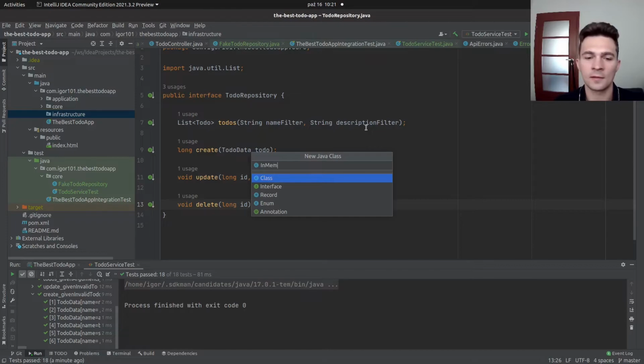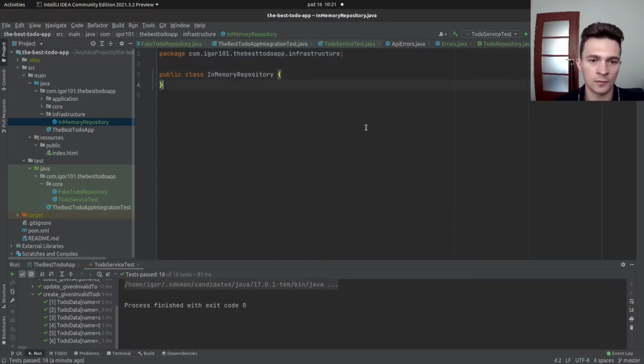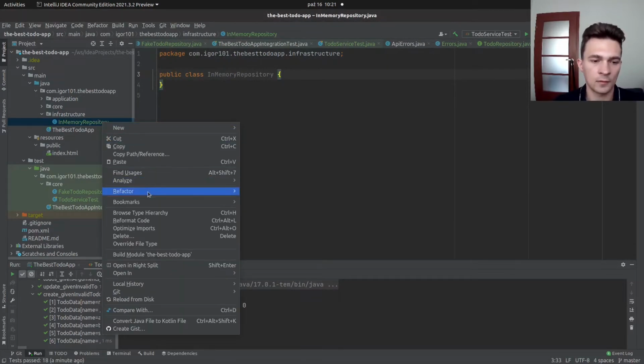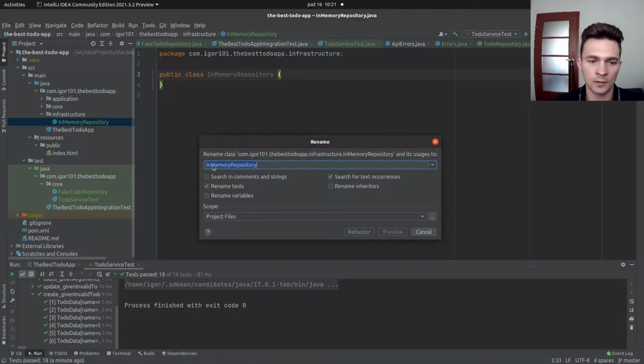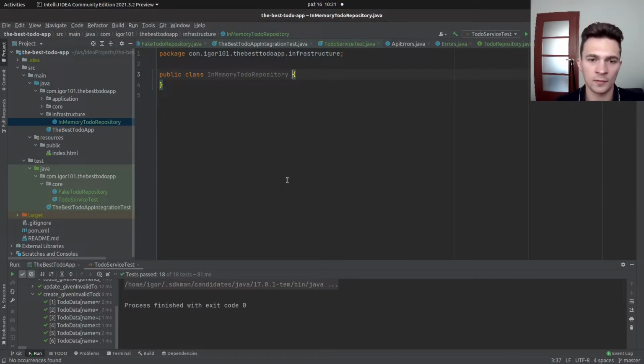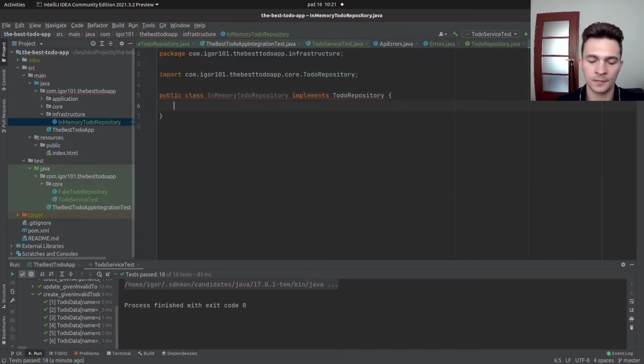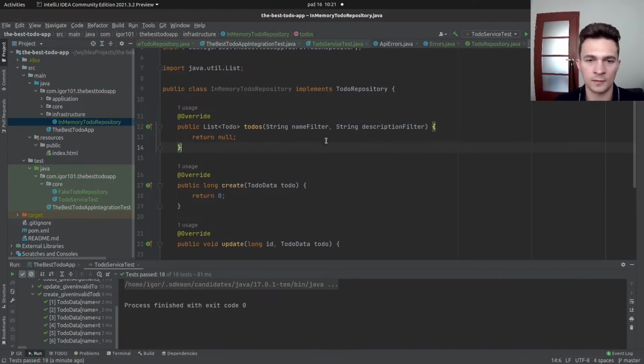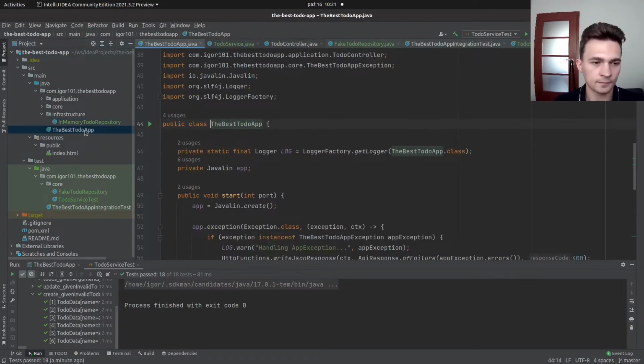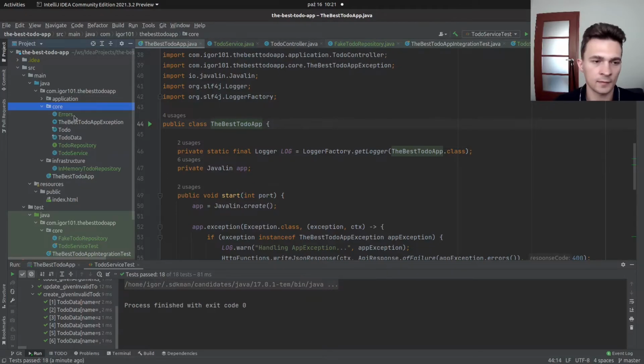We'll not test it because we throw it away next time. So let's quickly implement in-memory TODO repository. It will implement TODO repository, right? Let's not implement it for now, but let's say that